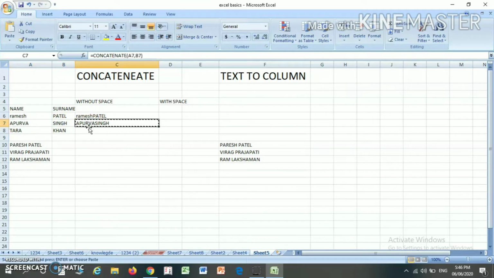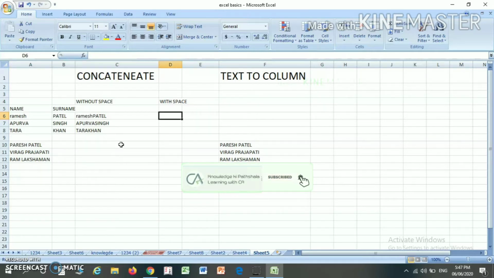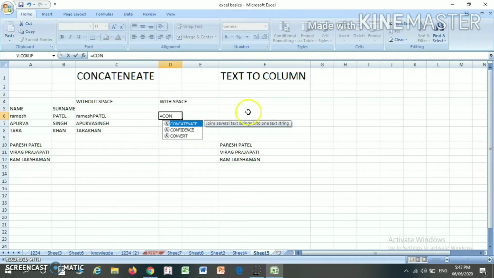Now you can also copy the formula by pressing Ctrl C and Ctrl V. Here you will find that there is no space appearing between the name and surname. With the help of this formula you can also insert a space between the name and surname. How? I will show you. If you want a space between the name and surname, that is Ramesh and Patel, then you have to write CONCATENATE,